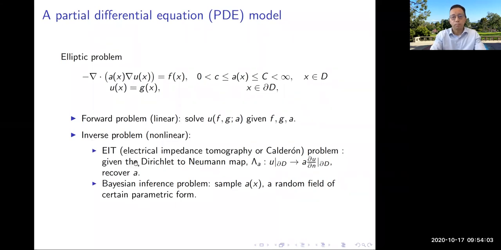We also have inverse problems related to this, like EIT. When I apply different voltages at the boundary, I measure the current output, and from this relation I want to infer or recover A. Or nowadays there is uncertainty quantification: if my A depends on random variables, a random field, then from the solutions you have, you want to infer, it's kind of inverse but parametrized in some way, the statistics or some sampling of this parameter A.